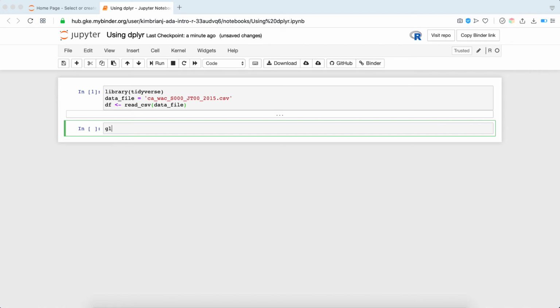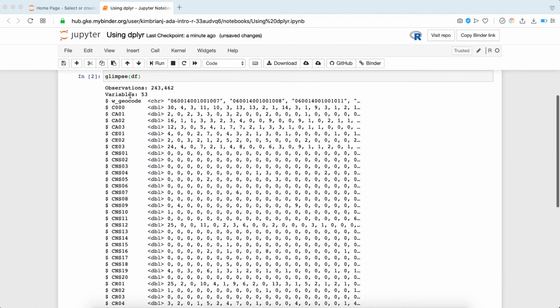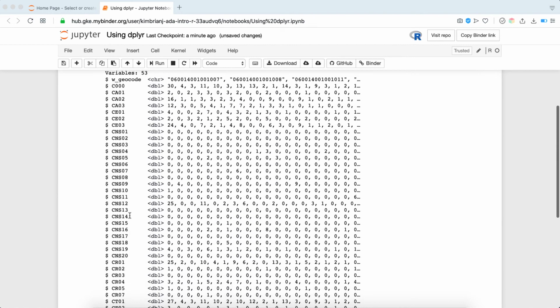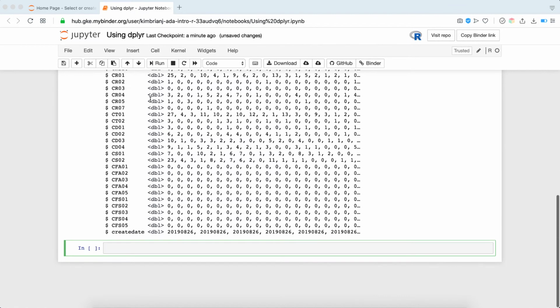Just to show you what's inside there, I'm going to do a glimpse. And this has all of these characteristics, and there's 243,000 observations, 53 variables. Now, the first thing that I want to talk about when using the tidyverse suite of packages,